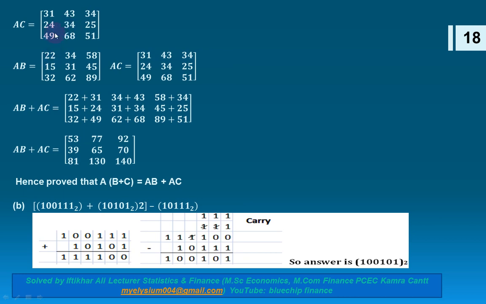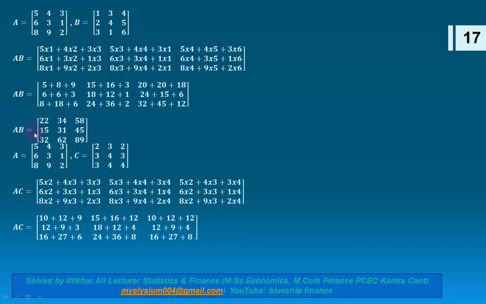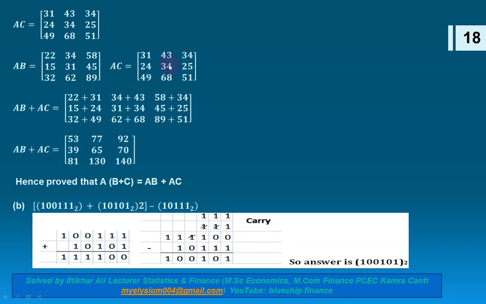This answer will be added to this answer, and the result is 53 77 92 39 65 70